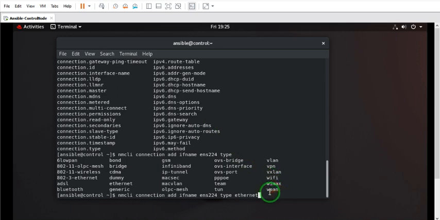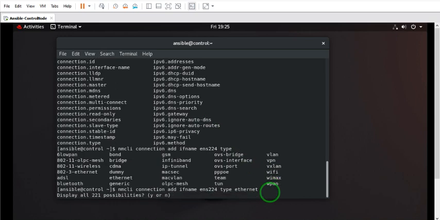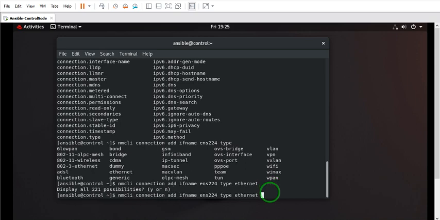Okay. And after this, now what is the next thing I want to do? I'm not sure. Double tab. So it's asking a lot of possibilities here, but I know what to do, so I'm not going to do that. So what I'll do, ipv4.addresses. So I want to add an IP address to this machine,